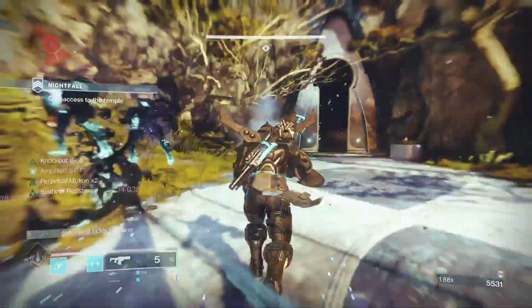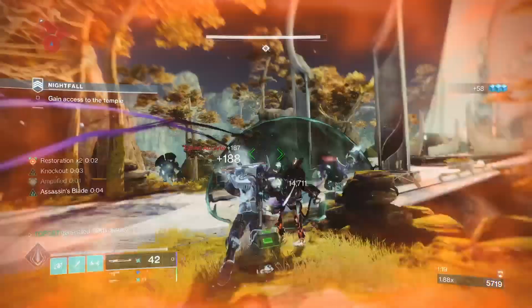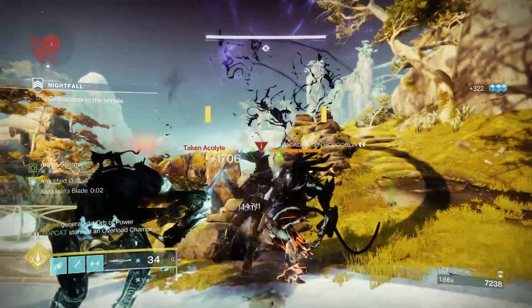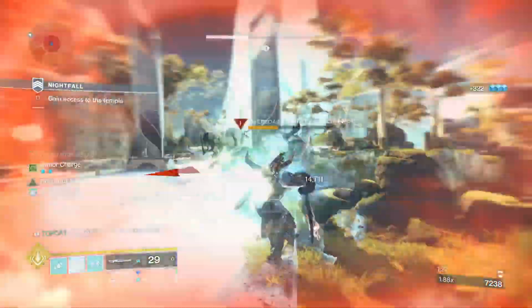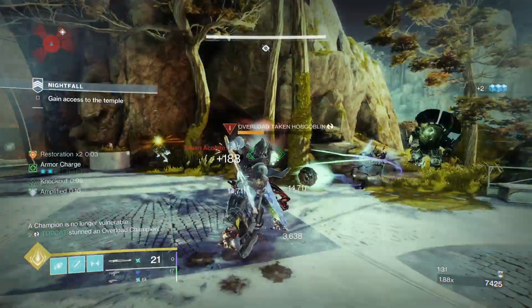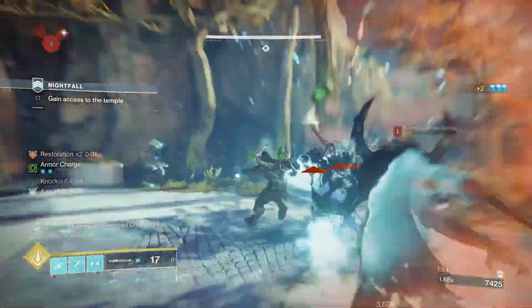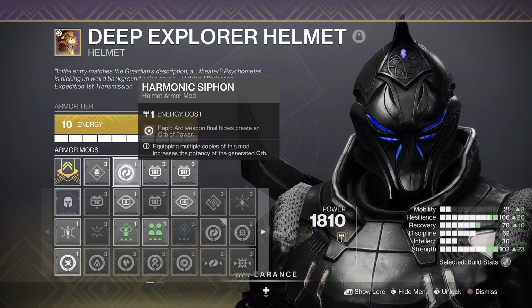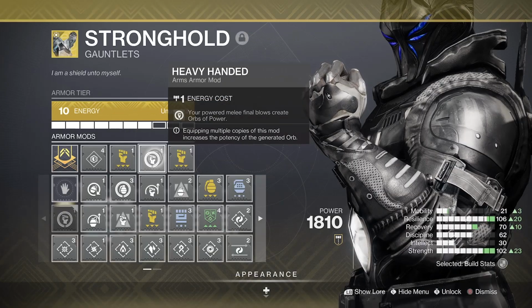Whilst critically wounded, taking damage emits a burst of damaging arc energy that jolts our targets. Combined with the shock and awe in the artifact, we can make some great zaps and cheeky stuns against our overload champs. For mods, I'm double stacking heavy ammo finders, Harmonic Siphon, arc weapon kills make us orbs, heavy handed